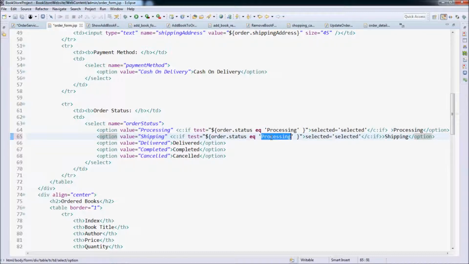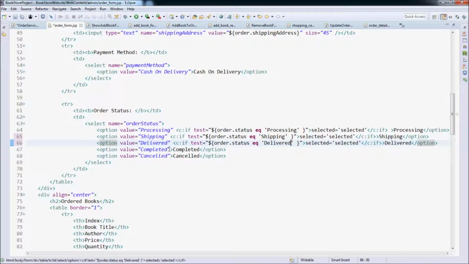Order status equal shipping, equal delivered, and equal completed, and equal cancelled.